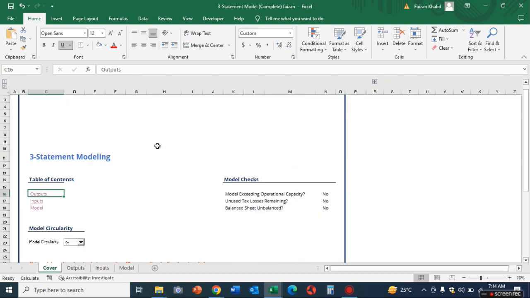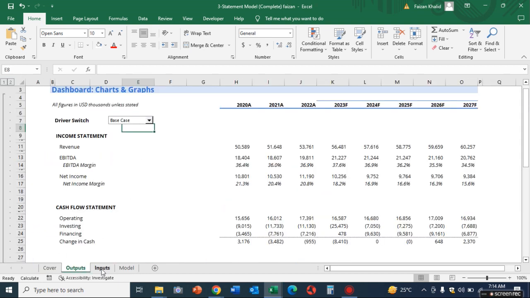This is our cover. This is called three-statement modeling. We have got a dashboard. In three-statement modeling, the dashboard is the most important part, right? Because when you present your three